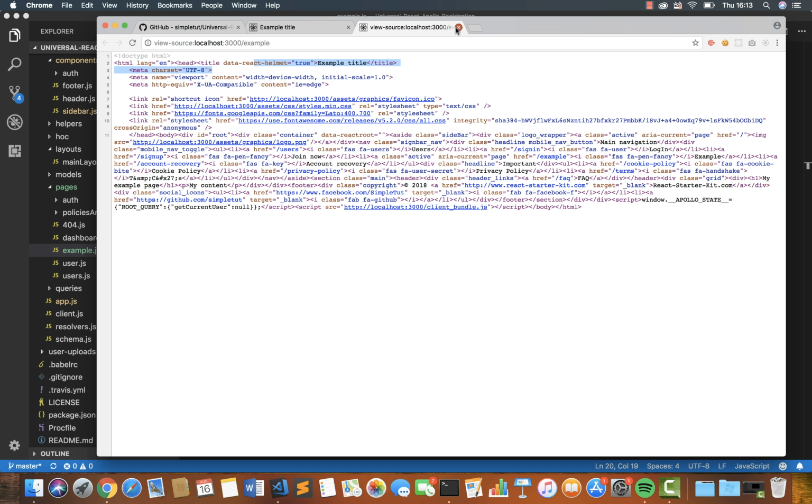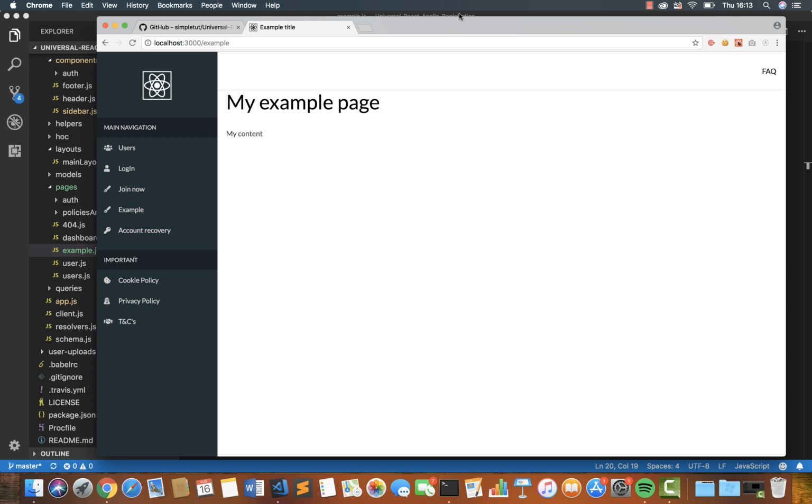So all of this is really, really important. It's really easy to do. Now, what if I want to restrict access to this page? That's something that's really important, and I'm sure it's something very common you're going to want to do in your